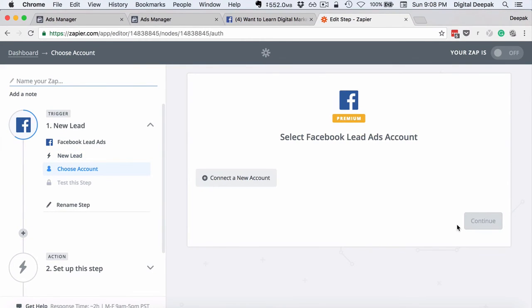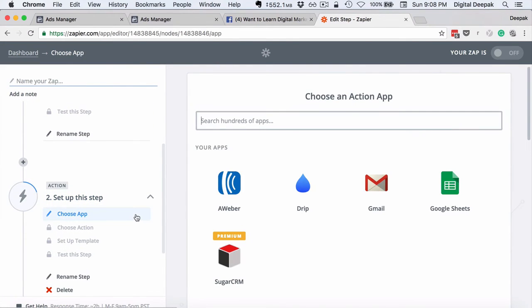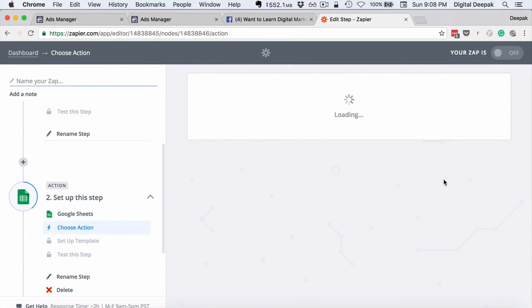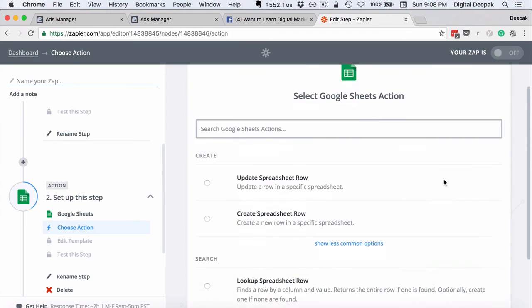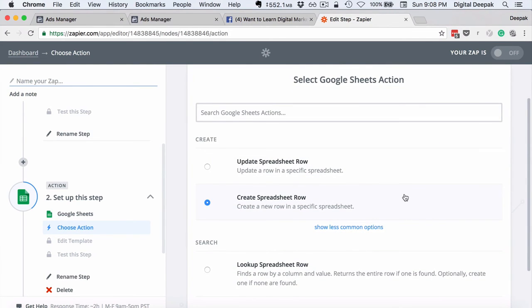Then I have to connect my Facebook account. Once I go ahead and connect my Facebook account, it will ask me to select the page, select the form, and every time a new lead is generated, the data will be passed on to Zapier. And once the data is passed on to Zapier, I have to set up an action. So here the action will be write a new row on Google Sheets. So I select Google Sheets, I select create spreadsheet row,